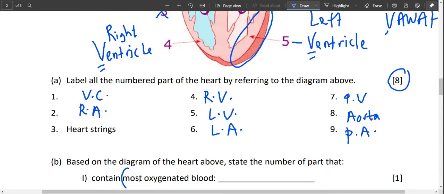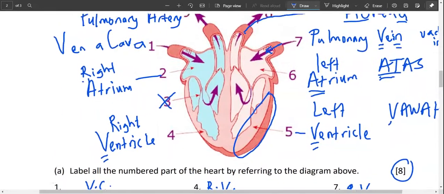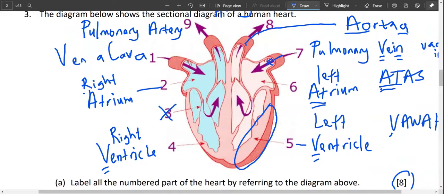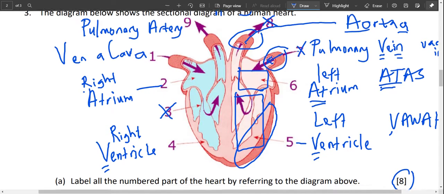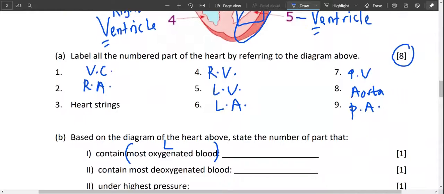So the most oxygenated blood must first be on the left side. So the number is either 8, 7, 6, 5, all these four. But if you look at 8 and 7, it's just a small tube, so it should be omitted. Now, look at the size of 5 and 6, and you can see that 5 has bigger space compared to 6. So 5 has more blood inside there, therefore it also has more oxygen. That's why the answer for number 1 is 5